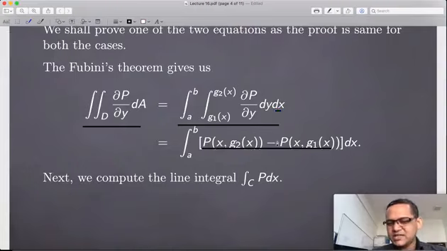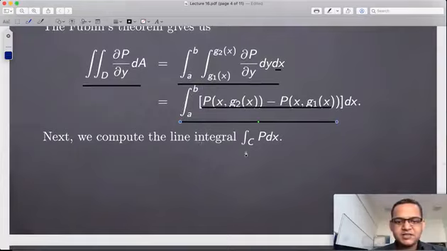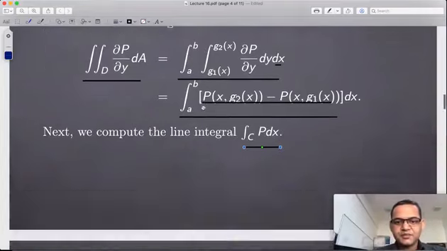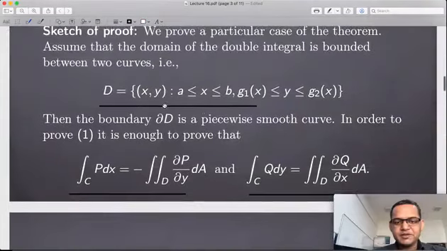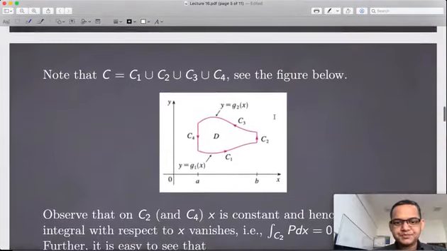Now we do not know what this P is, so we stop here, because we do not have any concrete expression for P. So what we get is this quantity. Now we try to compute the line integral, and we say that we are exactly going to get this. You have to go back, because the line integral will involve the whole boundary. So for this domain, first of all, you need to write it down. Draw the picture. The x variable is moving between a and b,